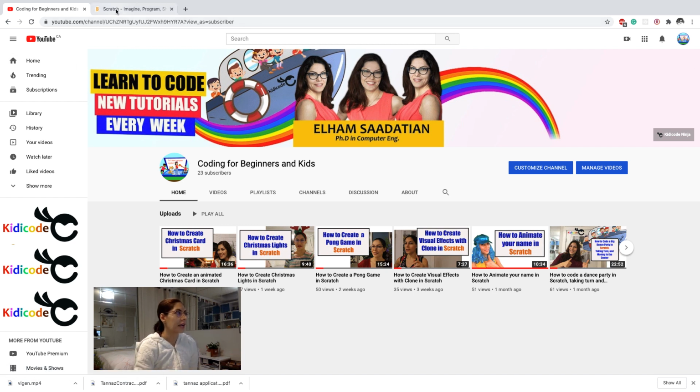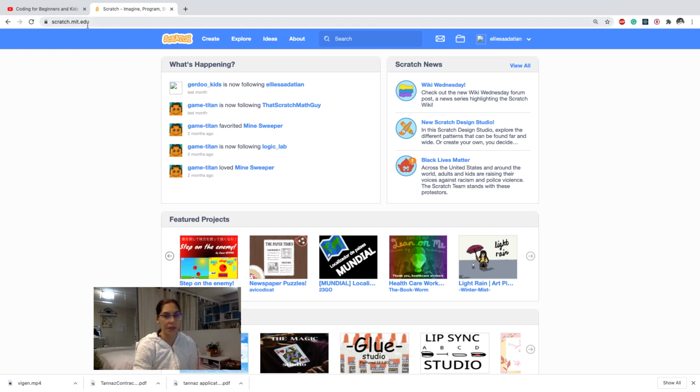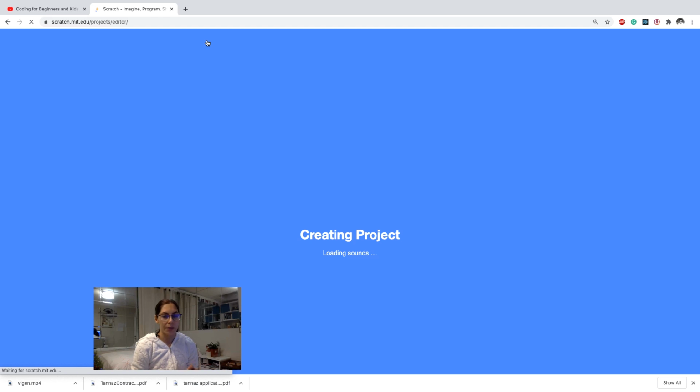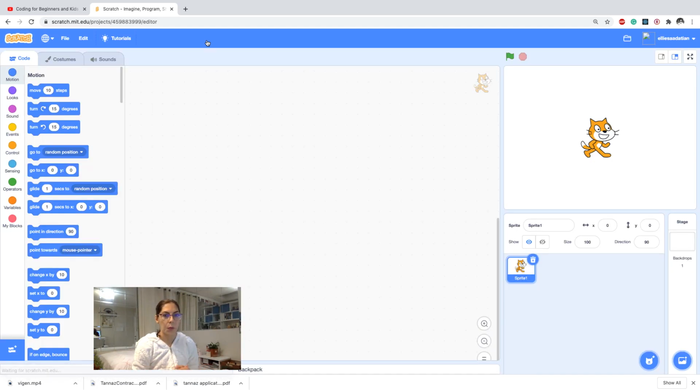So we go to scratch.mit.edu. We click on Create on the top left corner. We wait for the page to load, and after the page has loaded, we have two blocks of code, one for creating the snow and the other part for making the snow fall down. So let's give our project a proper name. I give it the name